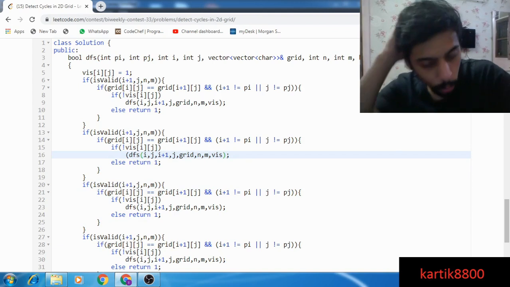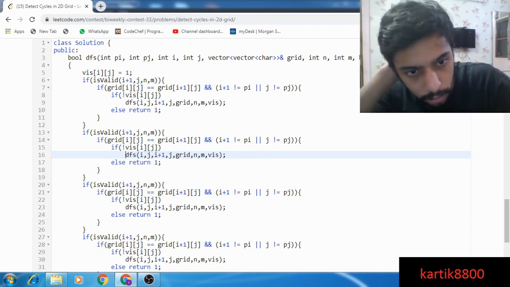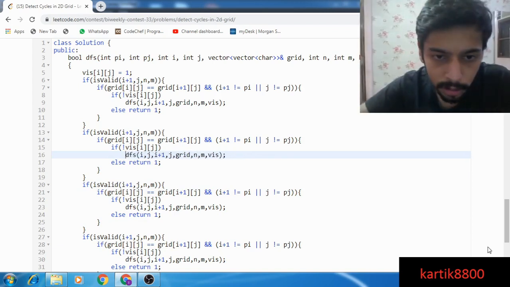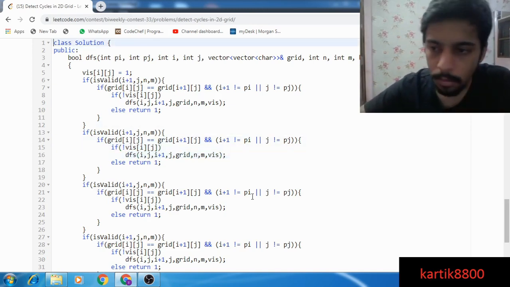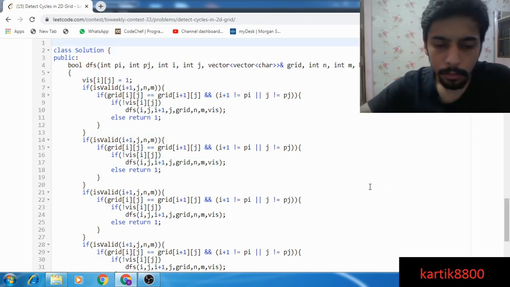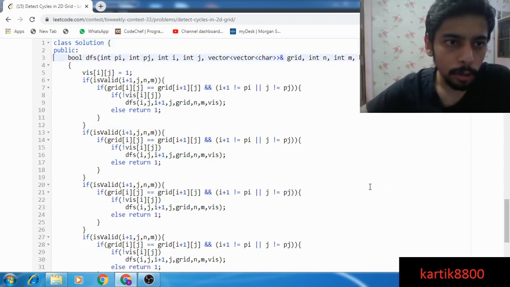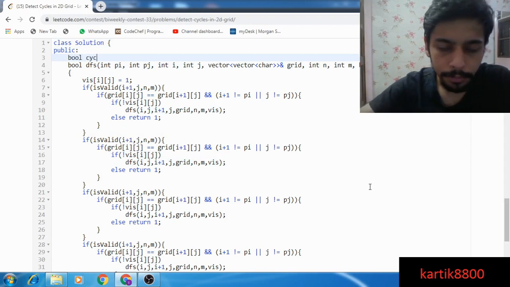Okay, the code is getting complicated for me now. So time to introduce global variables. And it's going to be bool cycle. So whenever I detect a cycle, I will just mark it 1 and my work is done.